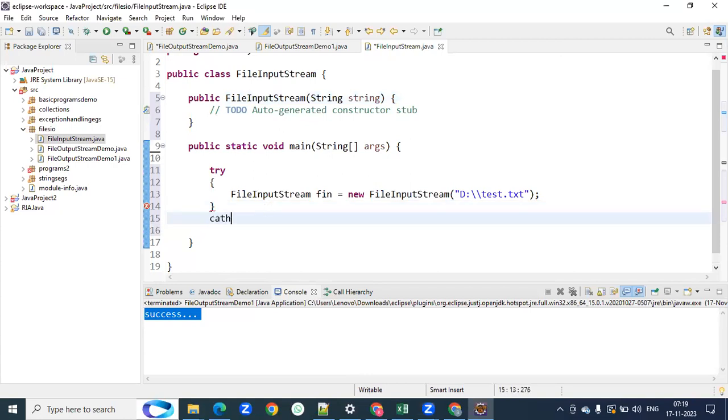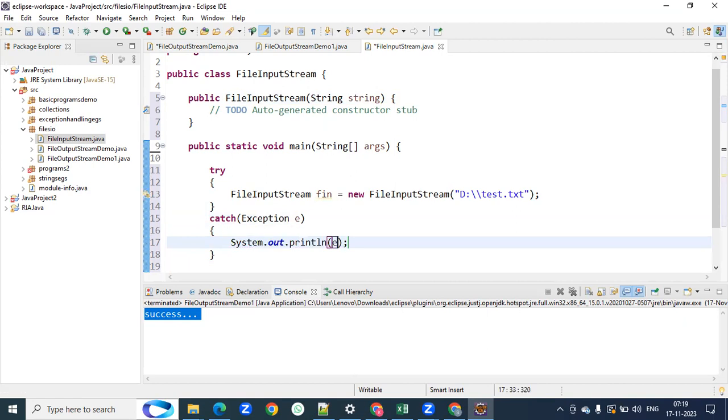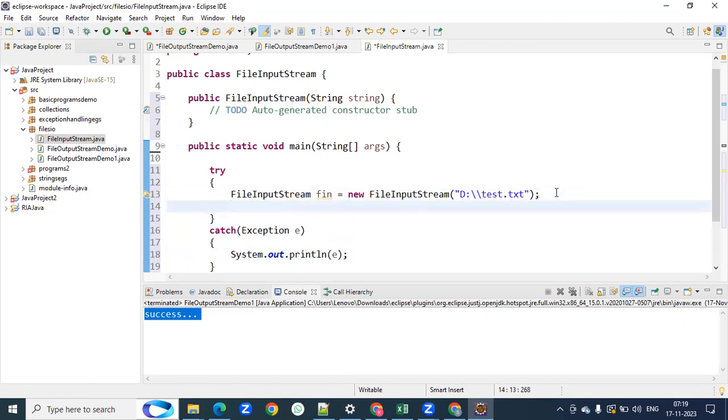Here, first we have opened the file. After opening the file,